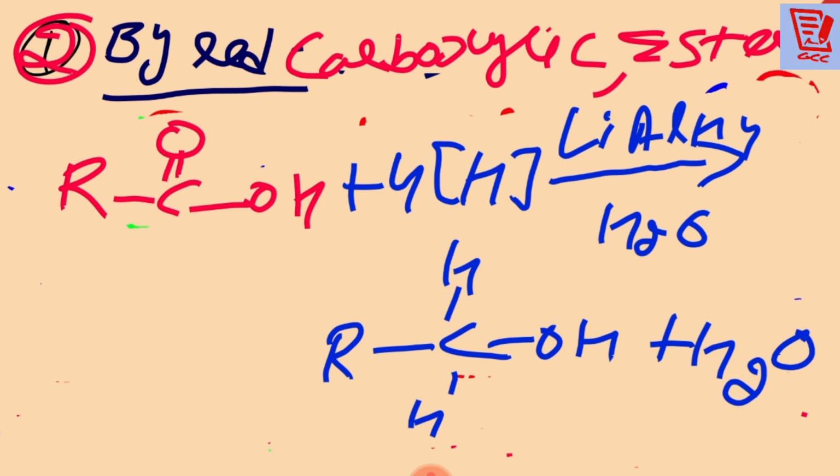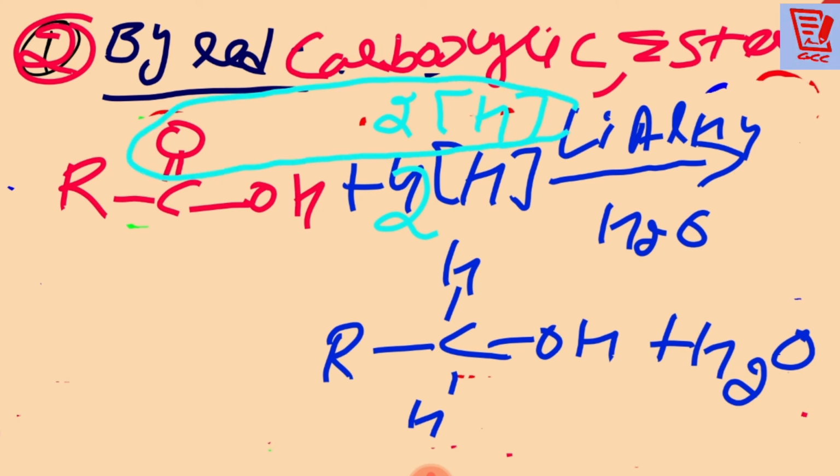Now you see, please, all of you. Out of this, 4H was here. Now suppose I am writing 2H here. Then this H2O has been removed. So what is left there? 2 hydrogen only. These 2 hydrogen: 1 hydrogen came here, 1 hydrogen came here. That is why it becomes RCH2OH. And we are making the primary alcohols. Clear?